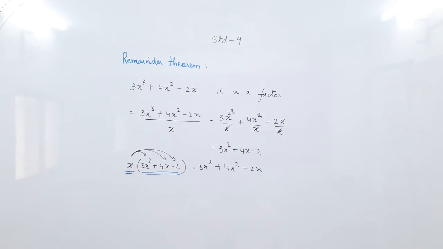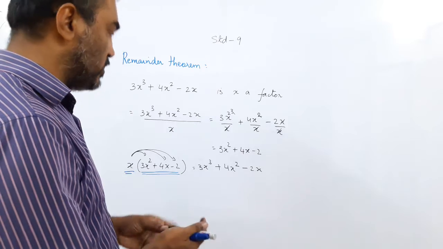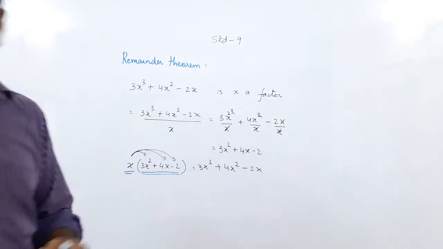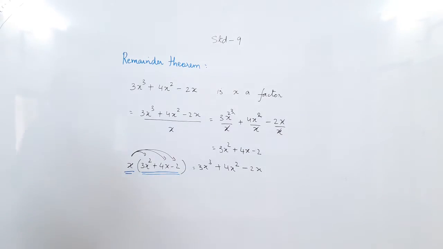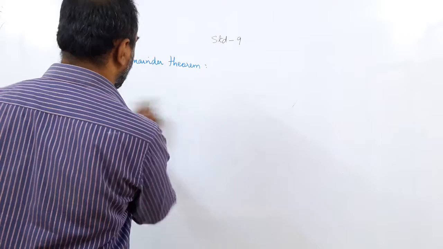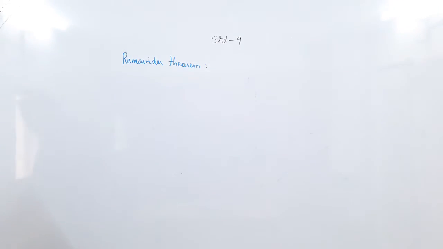Okay? Now if you see the other way around, we have to learn the division, and from the division we can also find out. So now I'll do the division method. What I wanted to check is whether x is a factor of this. So we will start with the division method. Now this division method is very important. Go along with me and learn this method. It is very important.